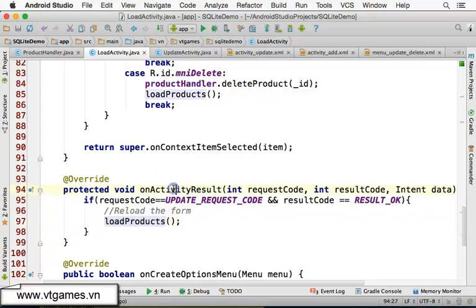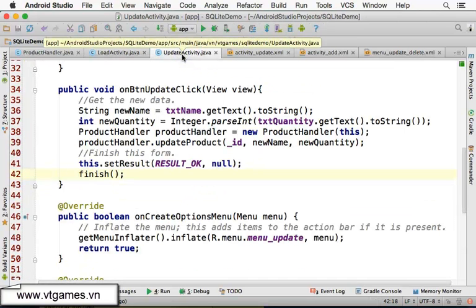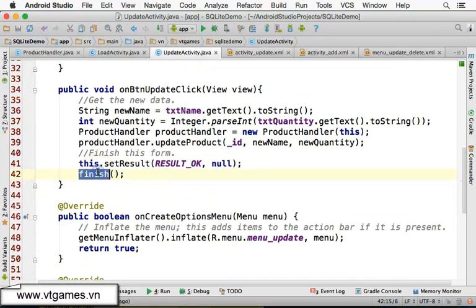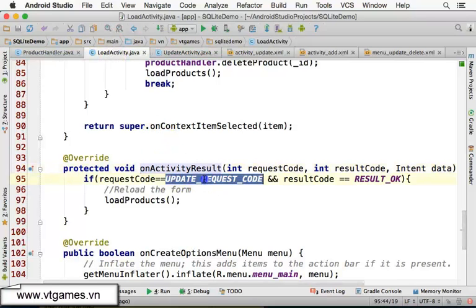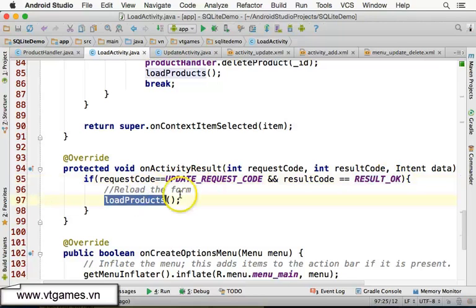Load products onActivityResult is called when you open this activity for result. Then when it's finished, it sends back the result there. When it sends back the result, you may send data in the form of an intent, but we don't send data, so we send none. But at least you know the result is okay. So in the activity, on the result receipt, you check if the request code is this request code and the result is okay, and you reload the form. So if we run this one,